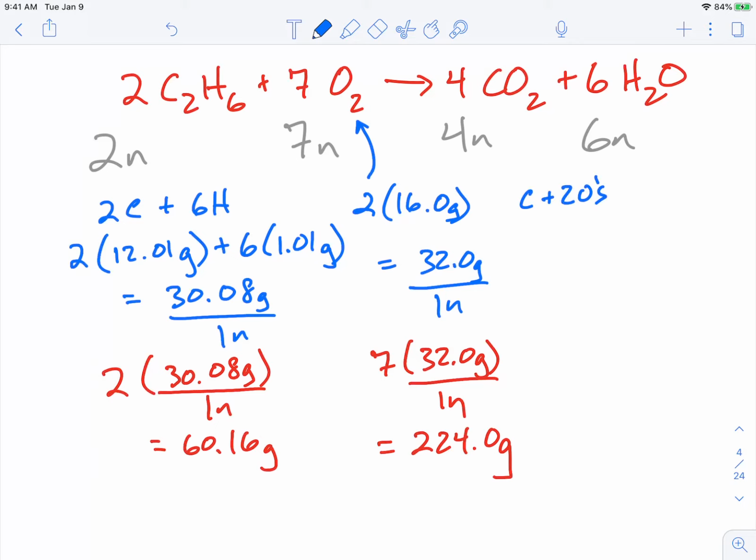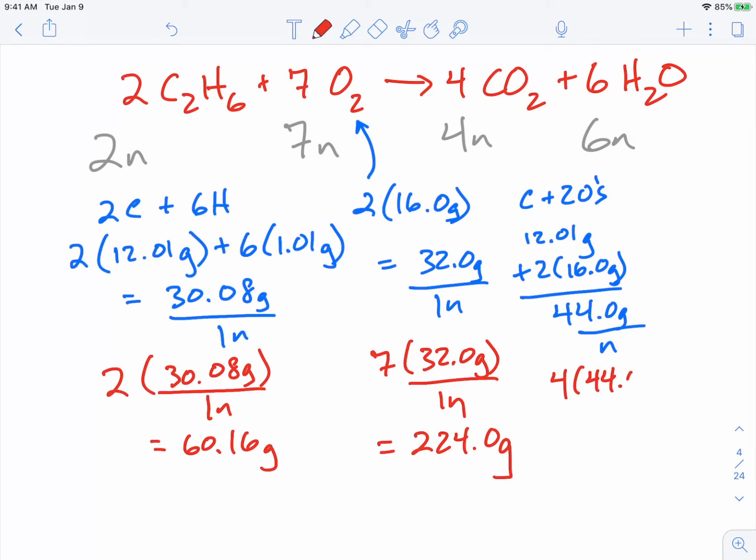And if you plug that into your calculator, it equals 44 grams per mole. And then we have from our equation 4 moles, so I'm going to multiply that value by 4, and that equals